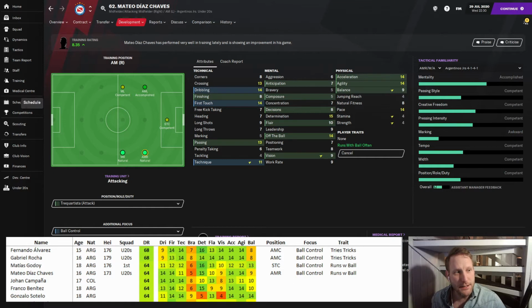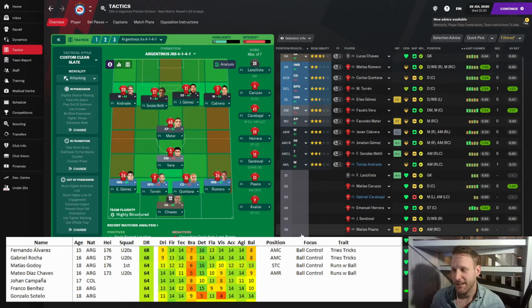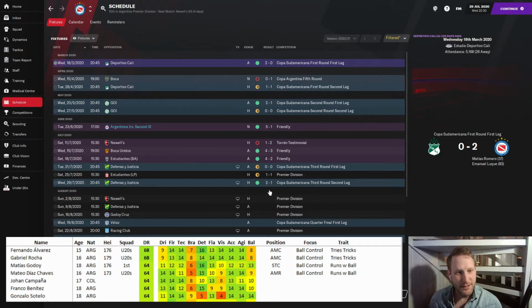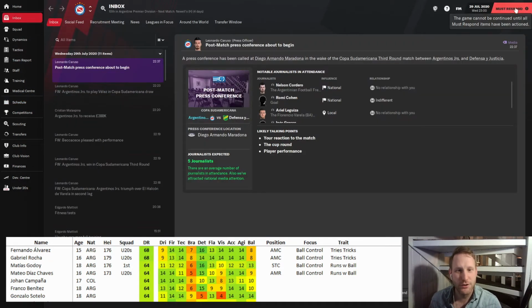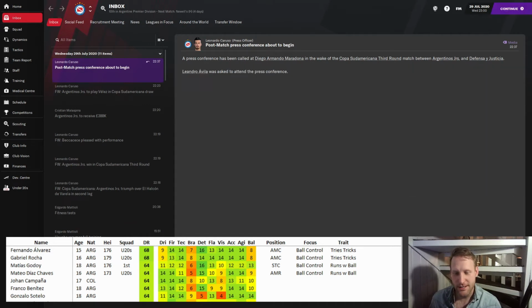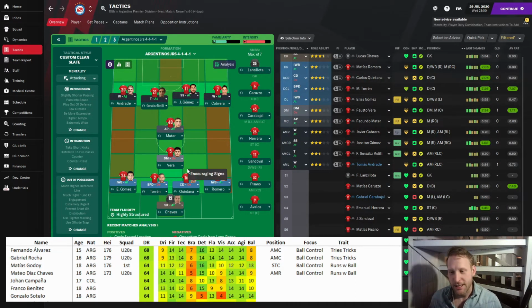So this is the tactic I've been working on. It's a bit wonky and I think it needs quite a lot of tweaking, but this is what we've been going with so far. A 4-1-1 full strikerless. We did manage to beat Defensa y Justicia 2-1 at home, so we will see how it performs going forward. Let's click the first continue of the night. You do love a good strikerless. Yeah, I'm not sure if this is a good strikerless. It's a strikerless though. Looks more defensive than the first one.